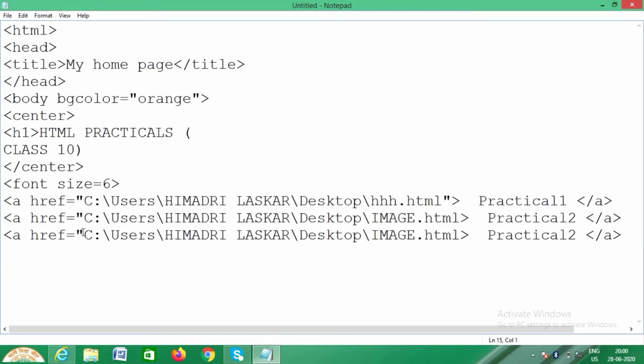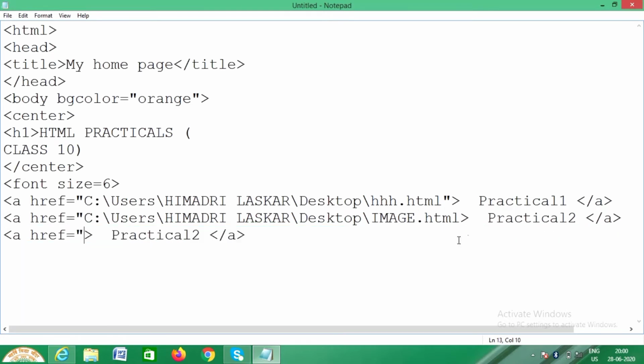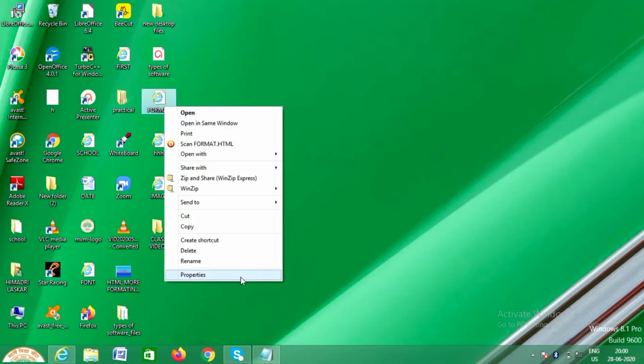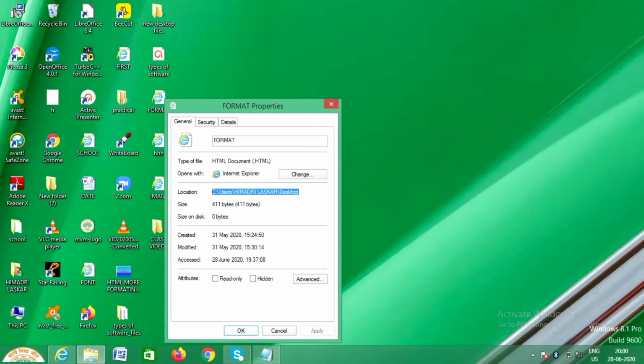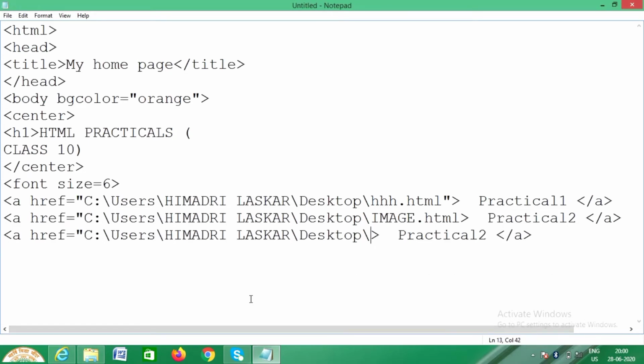Okay, here delete, go back to your third practical, image given, format, properties, copy, format.html, go back, paste it, front slash, format.html.